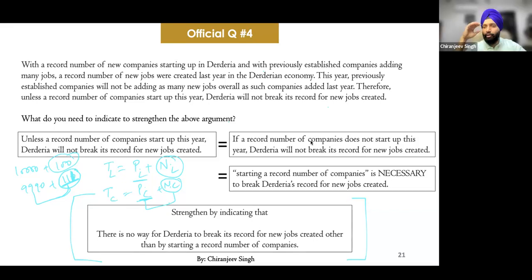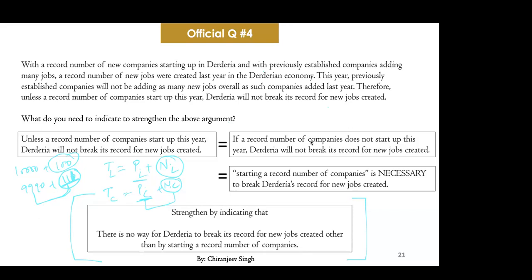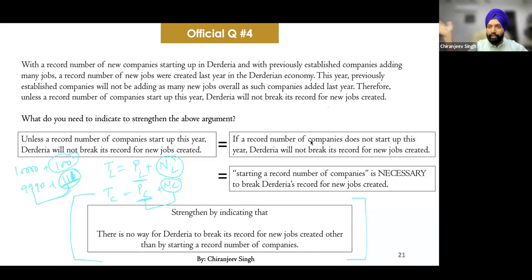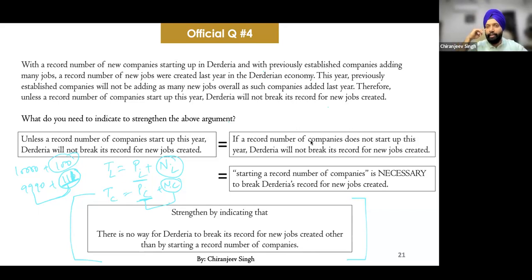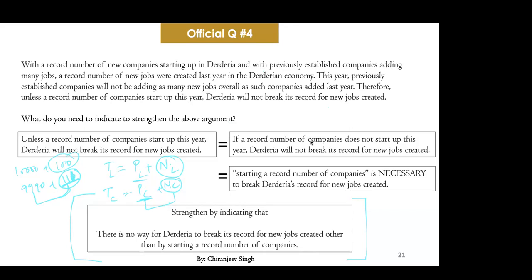ओके। पर ये तो आप फ्यूचर में जाके पास की बातें कर रहे हो, which is awkward in the given context। हम वहां से फ्यूचर की बात करें और फ्यूचर पे जाके कह रहे हो कि हाँ रिकॉर्ड कंपनीज से स्टार्ट हुई होंगी। वो आप लॉजिकली जो बात कर रहे हो ठीक है, बट कॉमन सेंस से कॉन्टेक्स्ट में नहीं बैठ रहा, वो इस सिनेरियो में एप्लीकेबल नहीं है to strengthen। रियल लाइफ में आपको सोचना पड़ेगा ना। रियल लाइफ में तो वो कह रहा है फ्यूचर में ये होगा तो ये होगा, आप कह रहे हो कि अगर ये हो जाता तो फिर ये हुआ होता, राइट? राइट। हम्म।